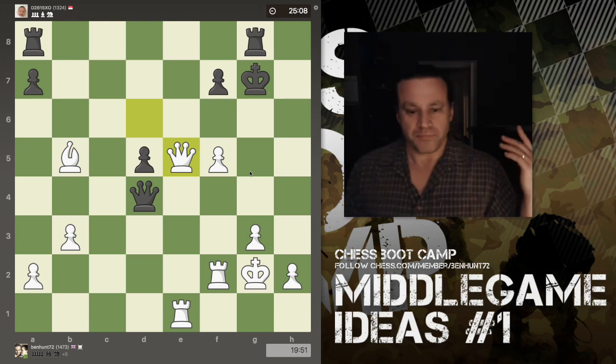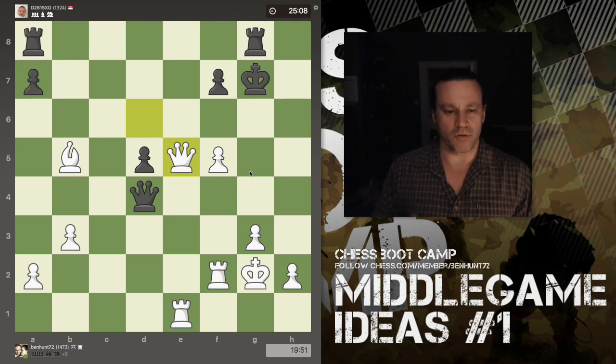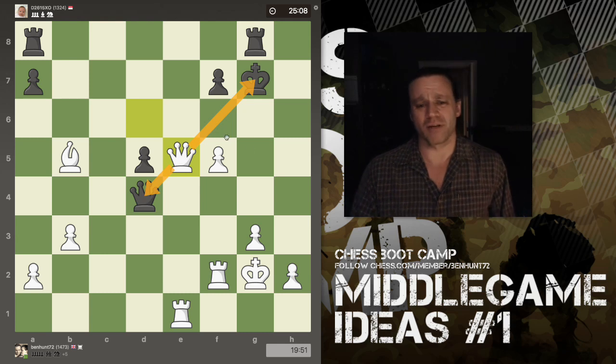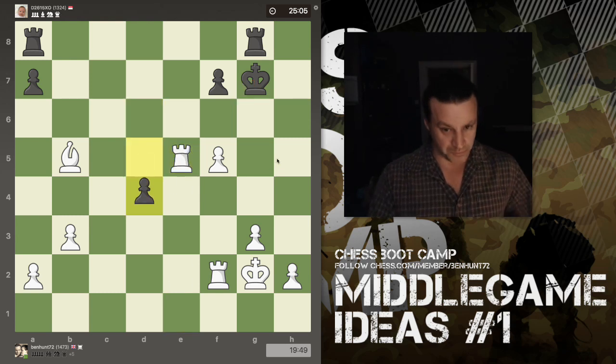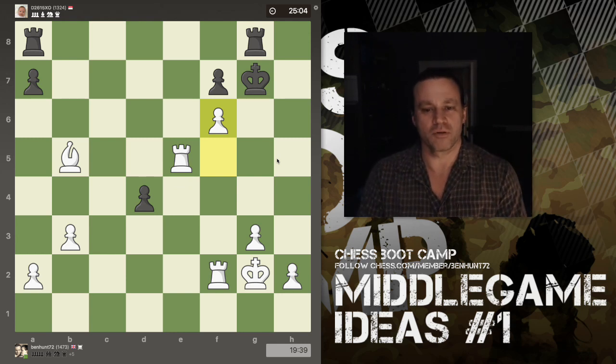So I figure I'm up in material, I'm up a couple of pawns, and I have a bishop. So moving my queen to here is a fork, and it's forcing Black to go into an exchange of queens, because it comes with check. If the king moves, I simply take the queen, so there's no other option. So we're simplifying the game. Another f-pawn push,